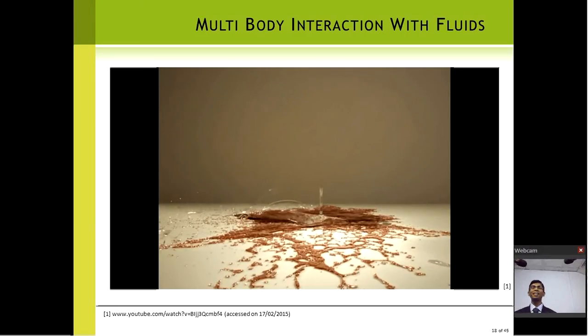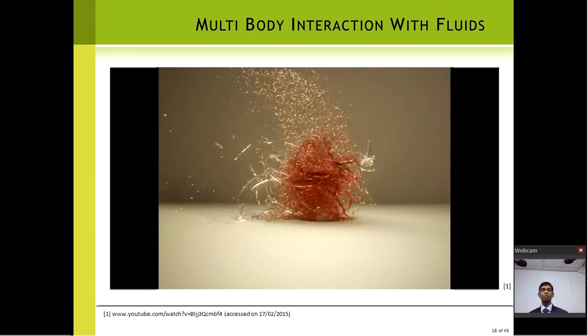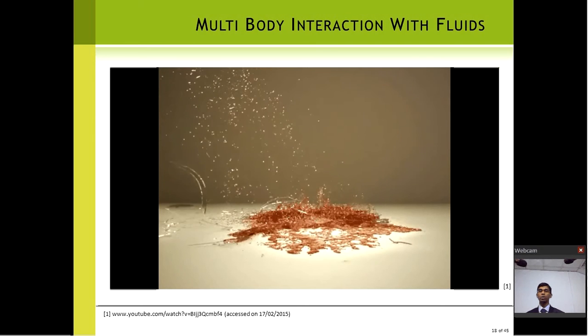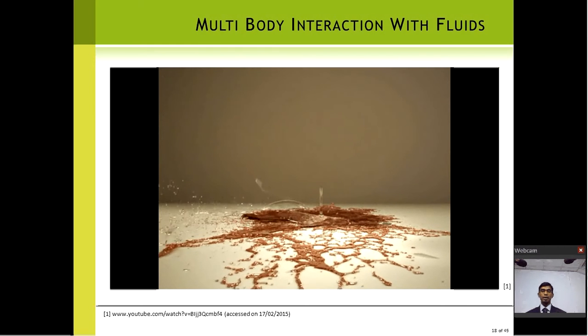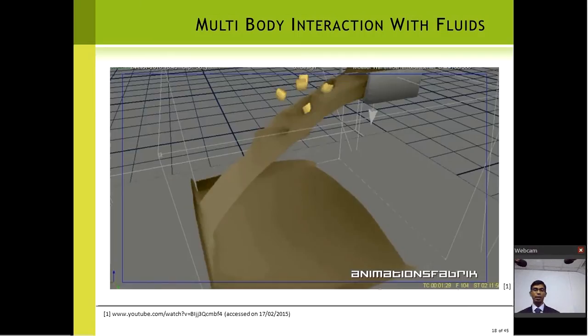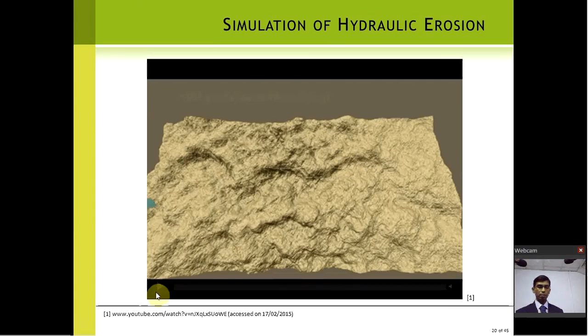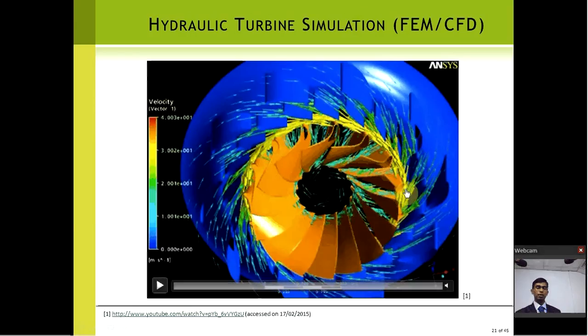Even you can see multi-body interaction in viscous fluid, like this, which is I think chocolate flow with some other particles. So you can simulate and observe how the things happen. You might wonder if it is an animation, but there is real physics going on behind it. In slow motion, you can see multi-body interaction with fluid and solid. That is possible. That's the benefit of these methods. And there are no fixed elements. If we were using them, it would be so hard. And few other things like floating body simulations you can do.